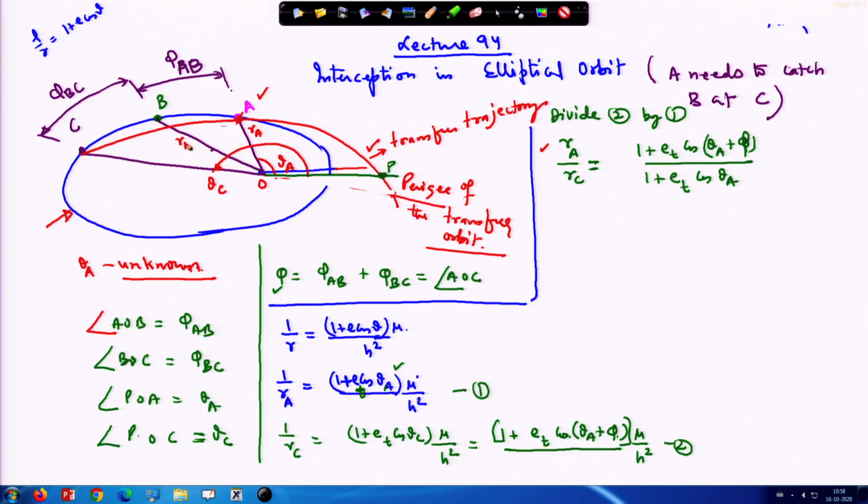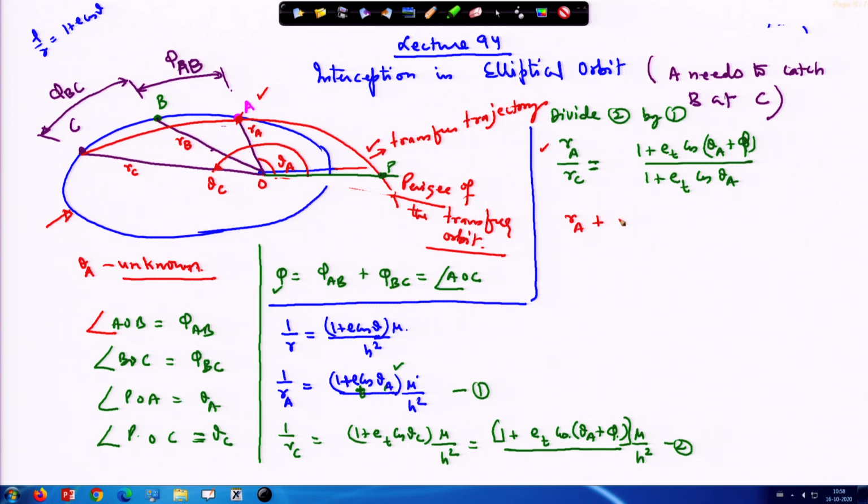So, R B will also be known and R C will also be known to you, because these angles are known and therefore, it can be determined where they are located. So, we utilize all this information for solving this problem, and therefore, from here we can write, if we rearrange.